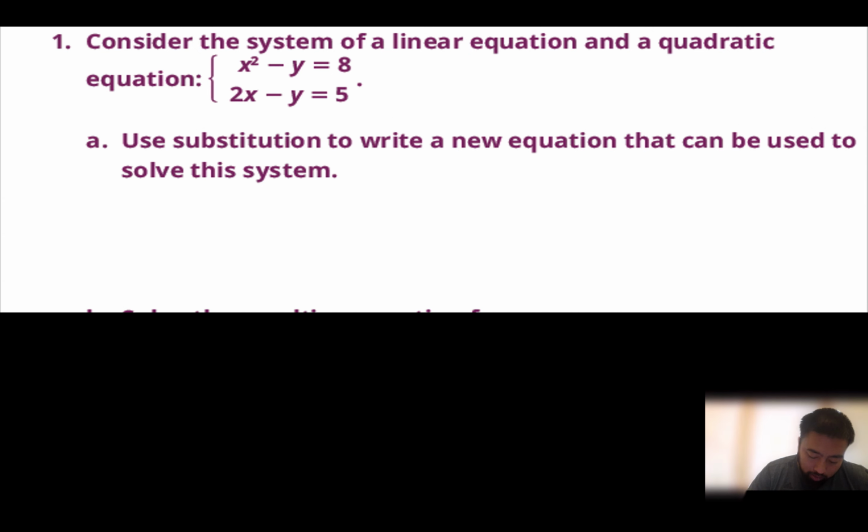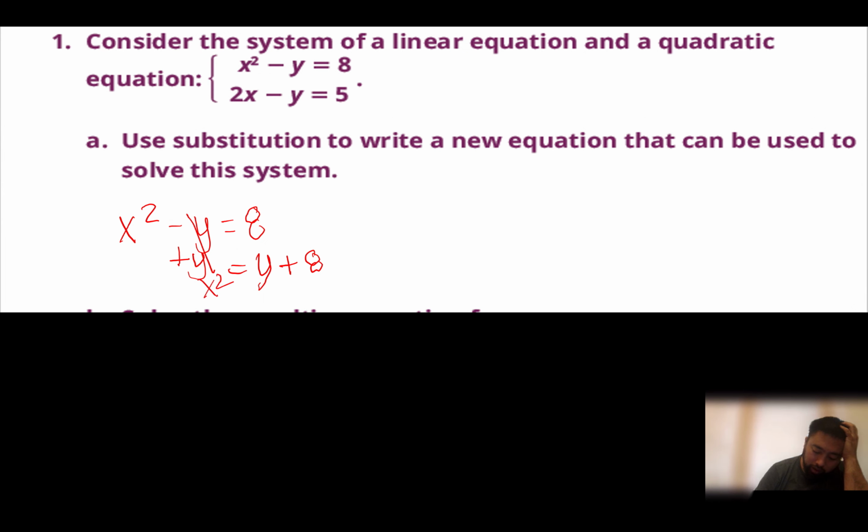The first one's going to be x squared minus y equals 8. You can add y on both sides, so it'll be y plus 8 equals x squared. So we got x squared equals y plus 8, and then we need to move the 8